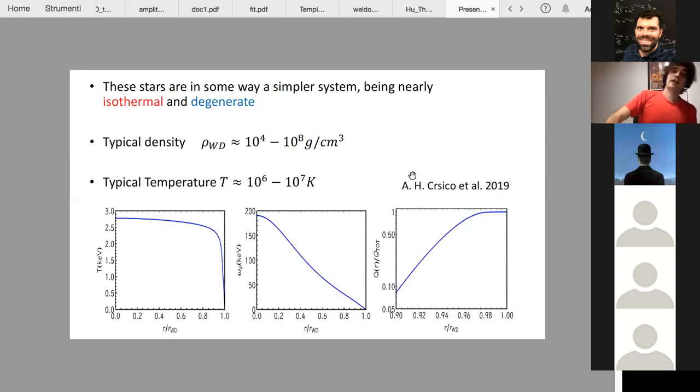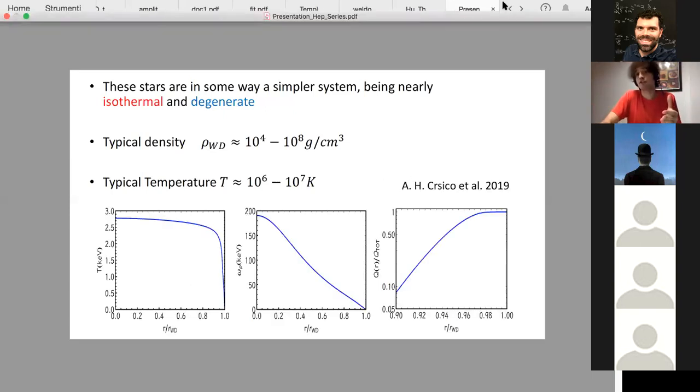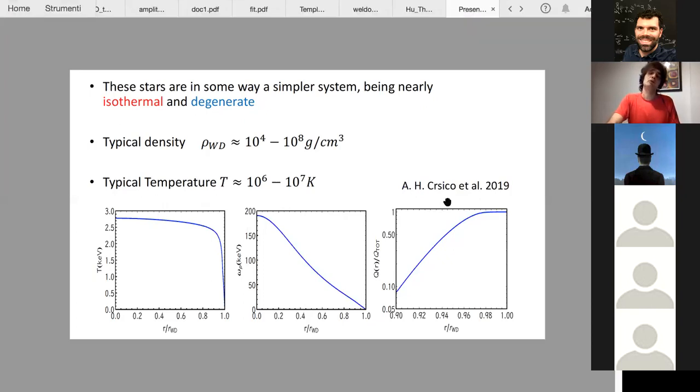And as before, you need to use a model if you want to produce any trustable result. And so we asked very kind people to give us their model for the white dwarf, and they were very kind and very nice in providing us all the table of data that we needed. And these are the plots for the temperature, the plasma frequency, and also here instead